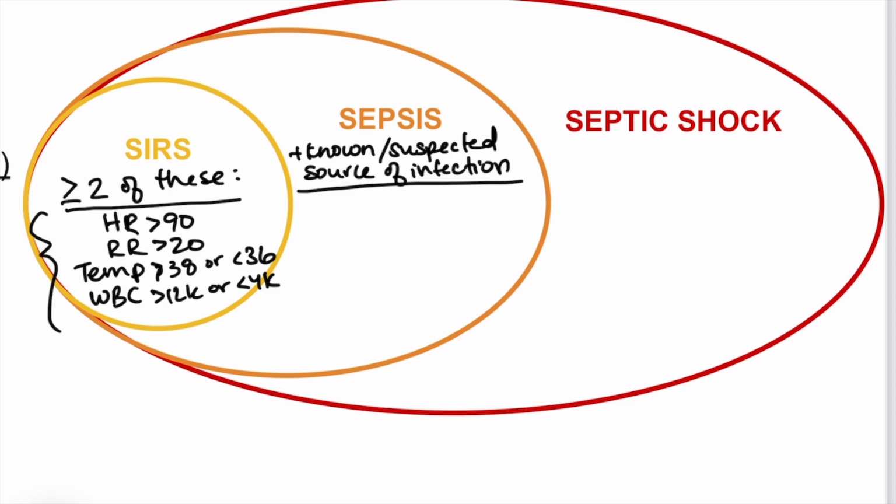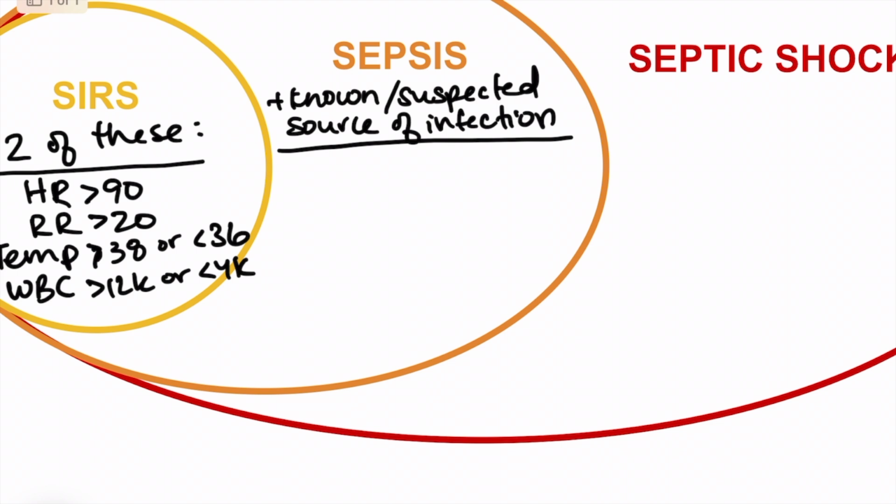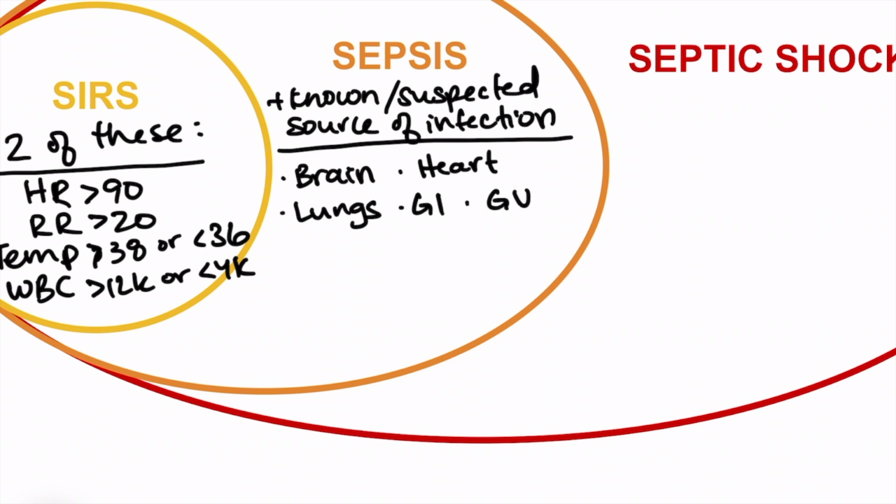So in order to figure out what sources of infection they could have, it's helpful to think systematically from the top of the head to the bottom of the feet. So I usually think from the top would be brain, then another large system being the heart. We have the lungs, GI system, GU system, and then going back broadly to systems that cover the whole body would be blood or our vasculature, as well as skin.